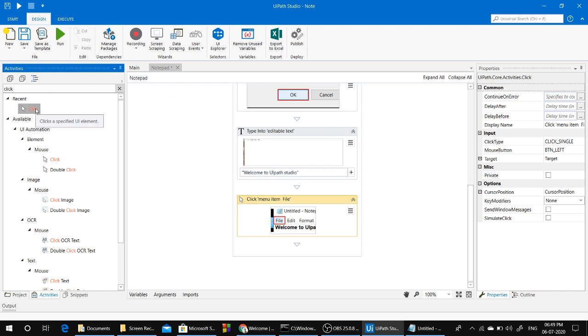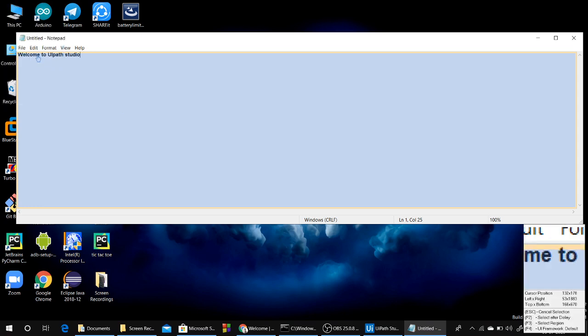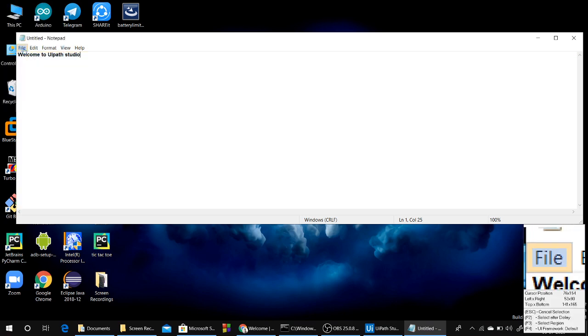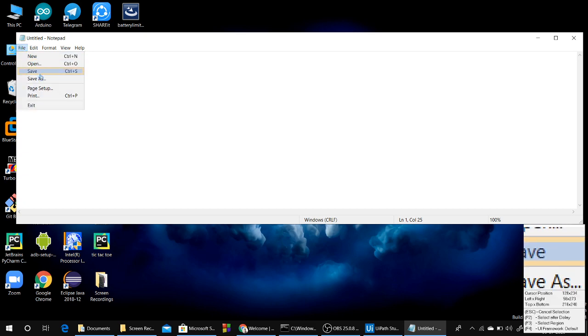Next we have to click on save. So indicate on the screen that we have to click on that. For that we have to pause the recording for 3 seconds. For that we have to click F2 and click it. So wait for 3 seconds and save.